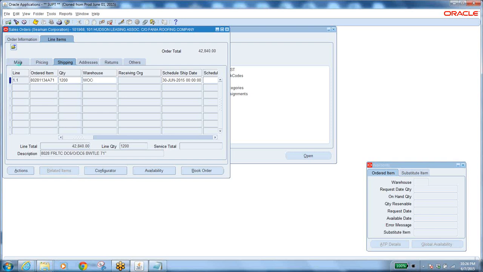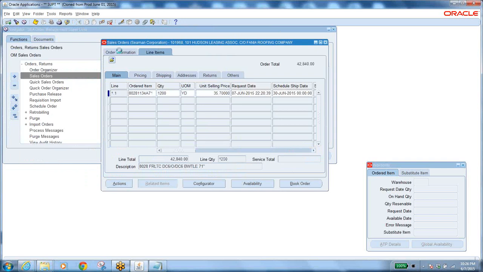Okay. Now go to the main tab. The pricing tab will show you the price list and what the price is. Okay. Now go to the main tab. I book the order. See, when you created the order, there is a number. If you go to order information,